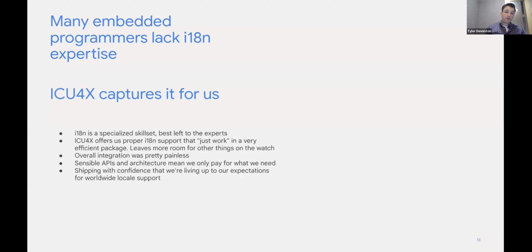And the bottom line is that with ICU4X, we're shipping this device, and we're confident that we are able to live up to the expectations we have for supporting any locale that the watch is designed to operate in. And I think that is my last slide here. So thanks everyone for your attention.